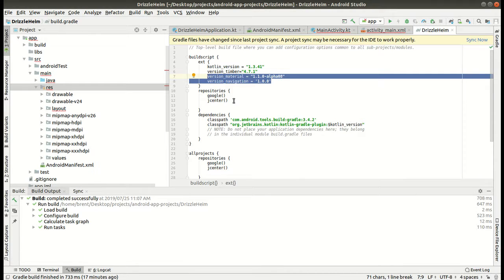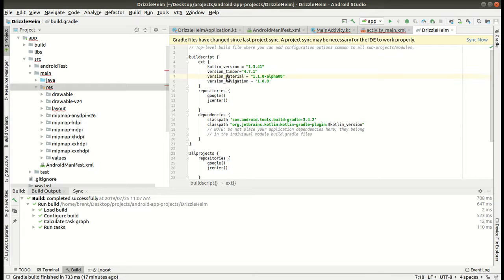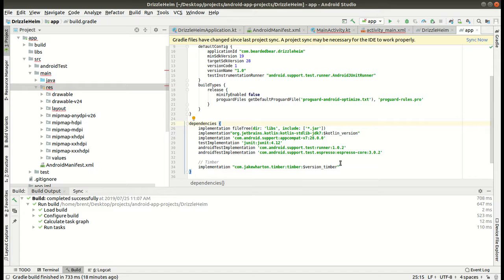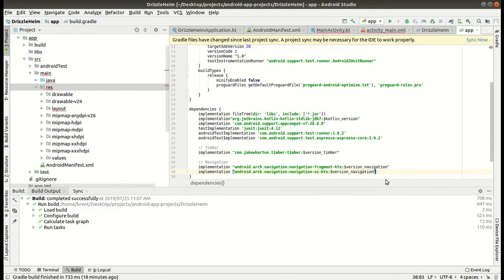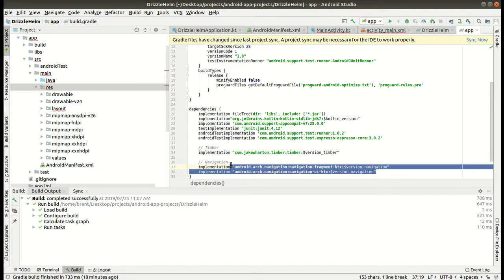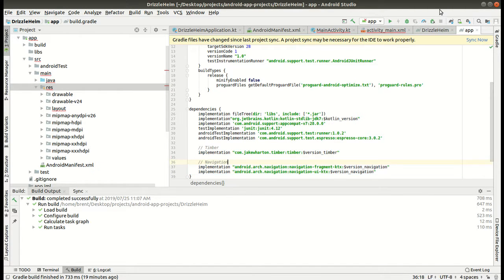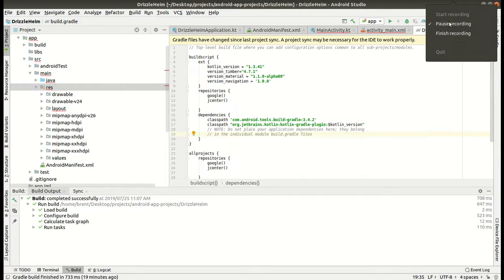Okay, so inside here we now have 2 new dependencies we're going to add. So firstly, we're going to add the variables for their versions. So for our material library, you can have a look at the material IO site, and I'll definitely have separate videos on material. For now, we're just going to include it as a dependency, as well as navigation. And as I said, I'll have separate videos for navigation stuff. Then that was inside of our project build.gradle. Now inside of our app build.gradle, we are going to actually specify the navigation dependencies,